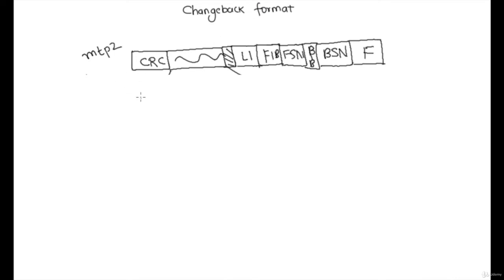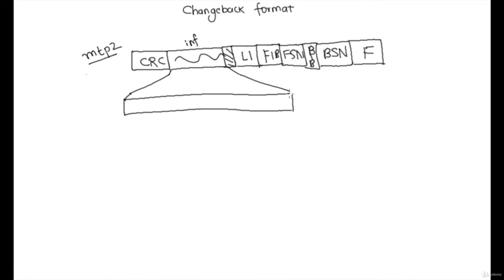This is an MTP3 layer message, which is encapsulated again in the MTP2 layer message, and which has standard parts like CRC, LI, FIB, FSN that we have covered in another lecture. So the essential part is the MTP3 layer payload, which is the information part, and this part contains all the parameters required to convey the changeback message.